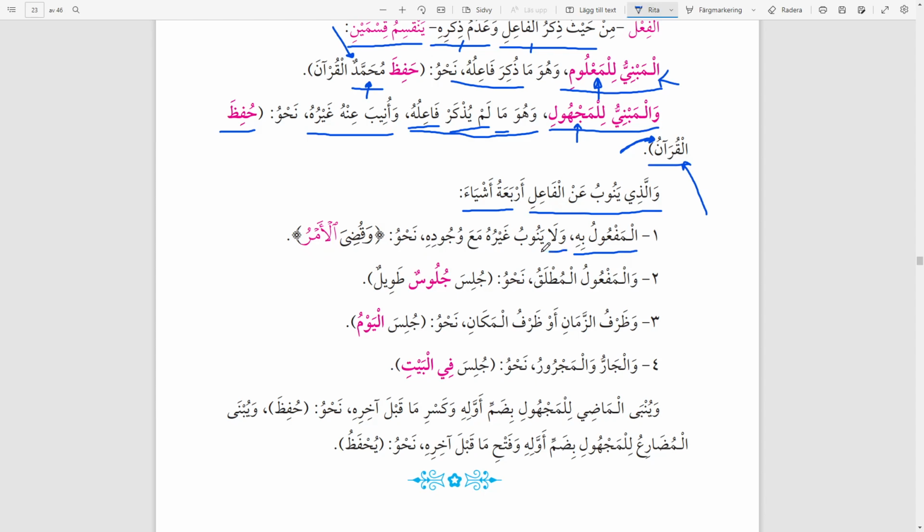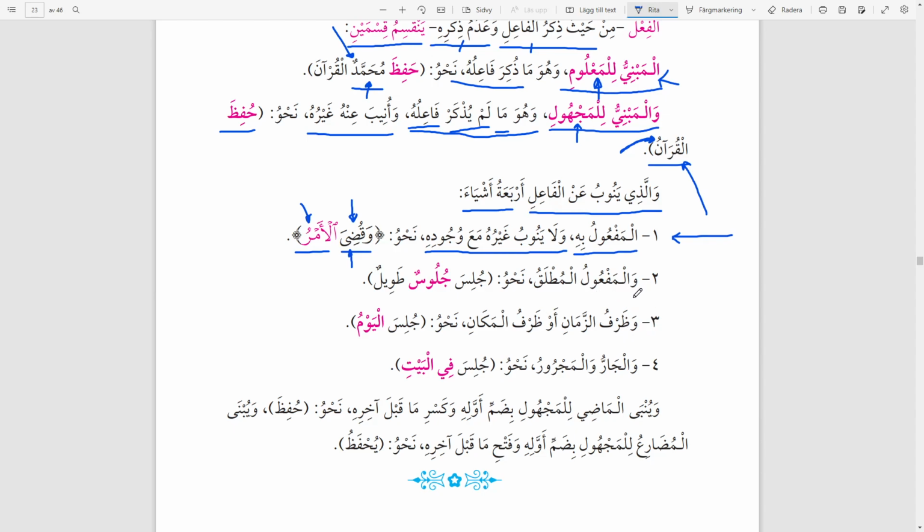Yeah, and he says that as long as the object exists in the sentence, then it is not valid to have any other thing taking the role of the actor than this. Like وَقُضِيَ الْأَمْرِ, and the issue has been decreed, let's say. So this is the object taking the role of the actor, and this قضية is مبني للمجهول.